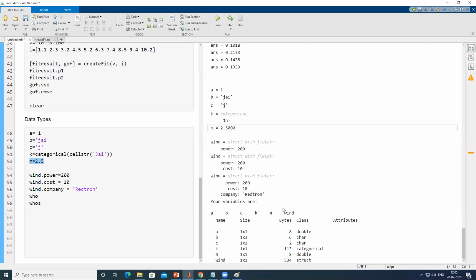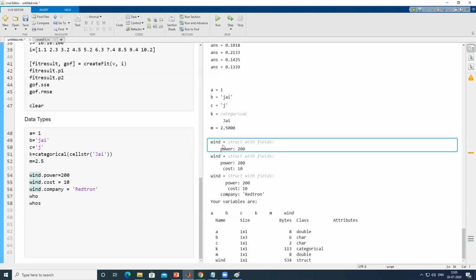Now, if you look at lines 54, 55, and 56 of the code, you will find a new thing. Here, wind is a kind of structure. The good thing with a structure is that it is a special data type which can store numbers and also string information in itself. When I executed line 54, the output was that wind is a structure having a field power with a value of 200.